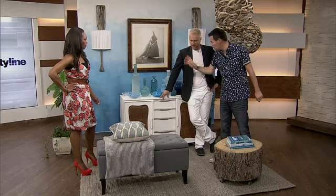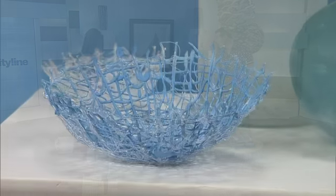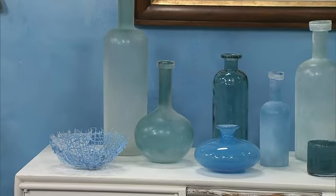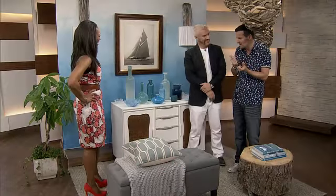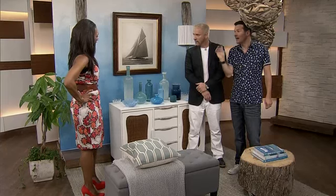And people always say to us, where does inspiration come from? Because I don't know where to start. Yeah, that's a very valid question. We actually started off this with the glassware. The glassware here is from West Elm. And look, it's just got that beautiful salted glass, like it's been lying on the beach, the sun beating down on it. And it's got that wonderful patina. And we thought, let's put all these aquatic greens and blues together